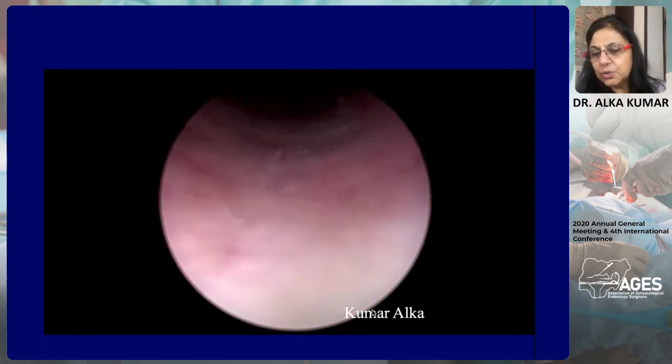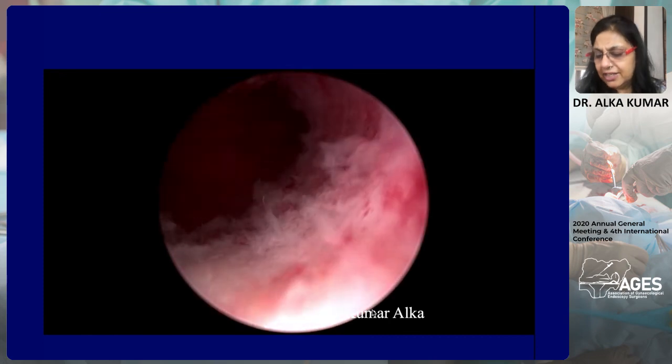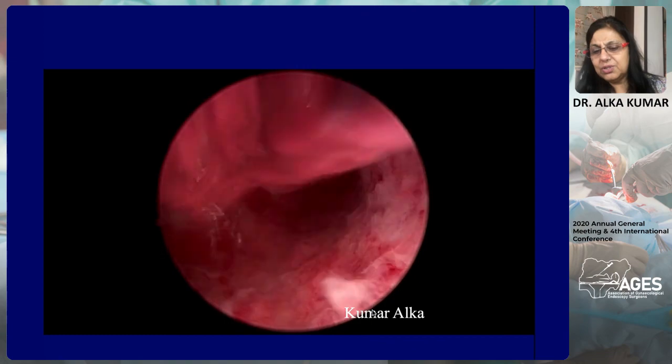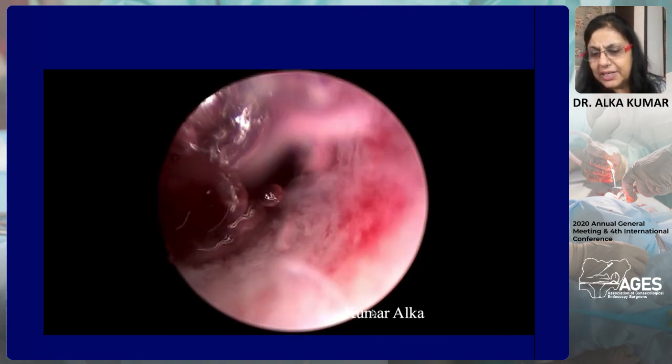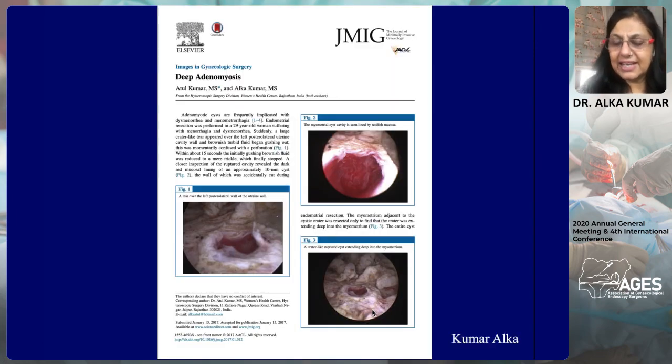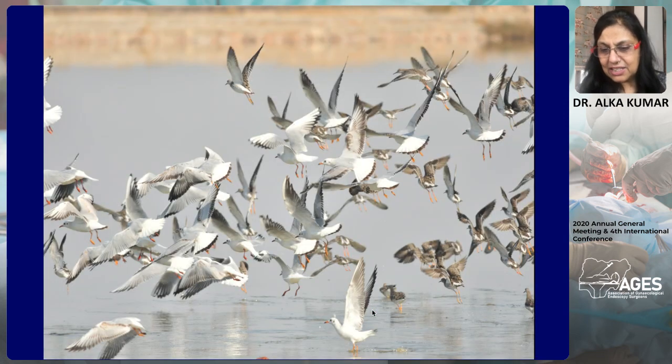This is a video showing you the angry looking endometrium in chronic endometritis. Anytime you see a very red endometrium with gland openings, stromal edema, and micropolyps, you must positively consider the diagnosis of chronic endometritis. This is how deep adenomyosis looks. In one of our patients, while we were doing resection, we got to these cavities which were lined by endometrial tissue, and this is how deep adenomyosis looks, deep inside the myometrium.